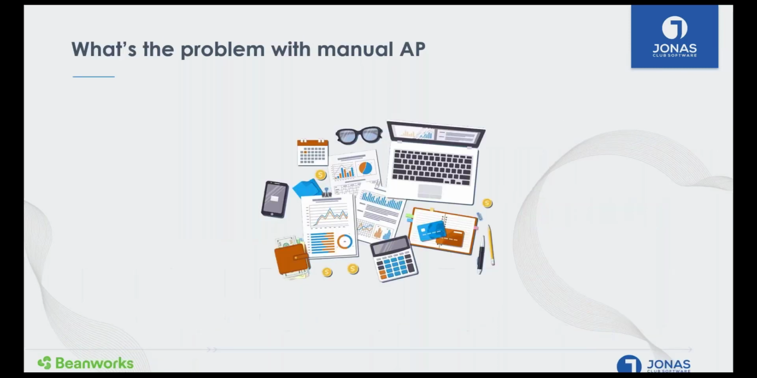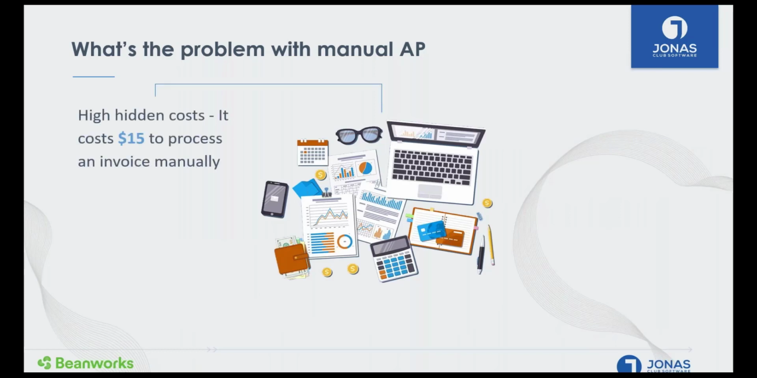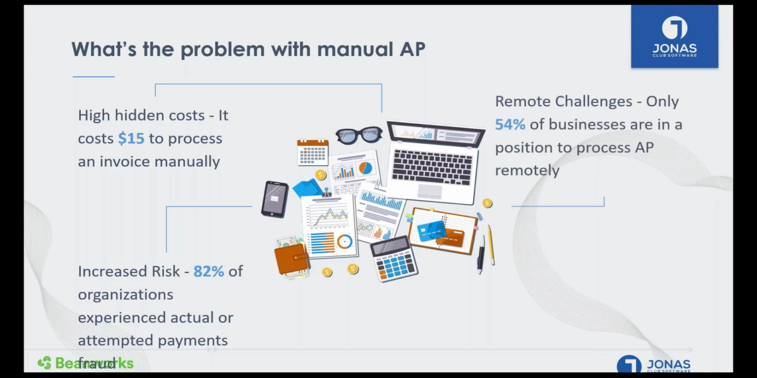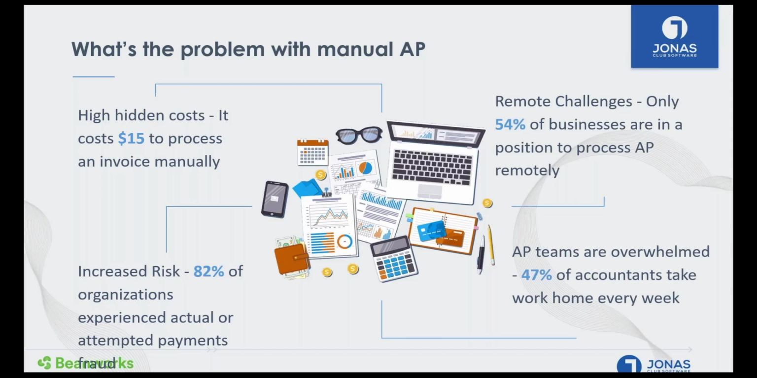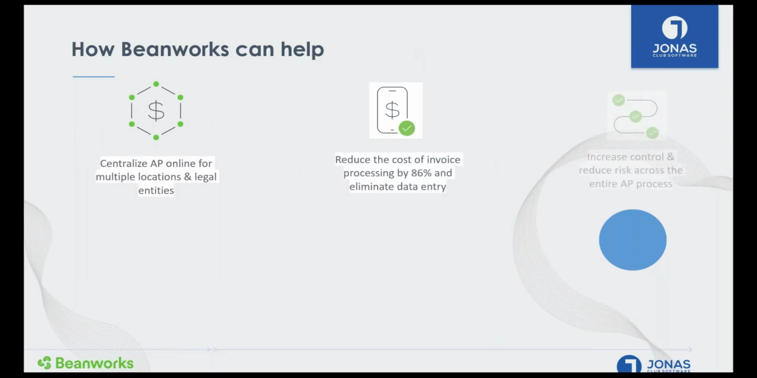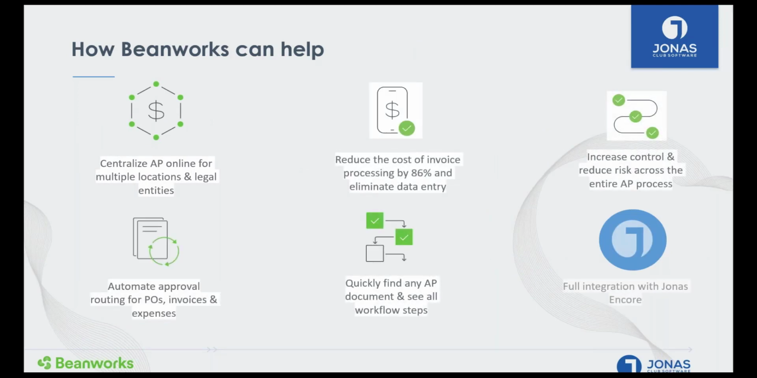We wanted to raise this because in AP, especially from a manual standpoint, there are a lot of hidden costs as far as manual invoice entry goes. There's obviously increased risk. There are remote challenges, as I mentioned, and within that, AP teams can also be overwhelmed because there's a lot of volume, maybe even seasonal volume, because clubs are open and really busy processing bills for a certain time of the year. For those reasons, Beanworks can definitely help in a bunch of areas, because it'll obviously streamline a bunch of those processes. But the part that I wanted to really talk about was the last